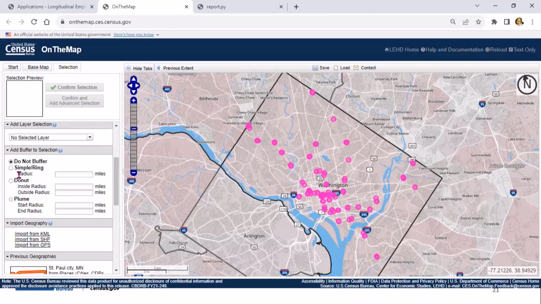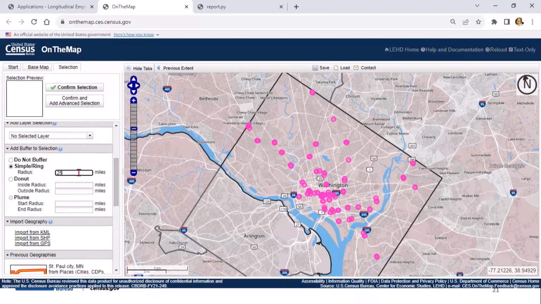So I'm going to go down to the add buffer to selection on the left-hand side. I'm going to click on simple ring, and just to show you, you can do simple ring, you can do a donut, you can do a plume, but I'm just going to do this simple ring because we got to keep it simple. And once I put in 0.25, I can confirm selection.